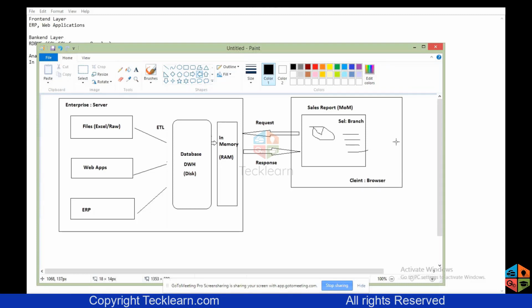So every time you change something there and you click the report, there is a lag. You have to wait some time and then the report comes. Now you see Amazon,